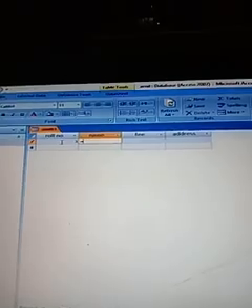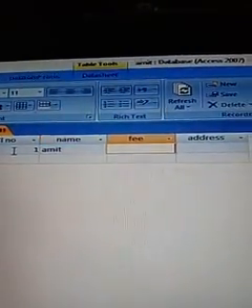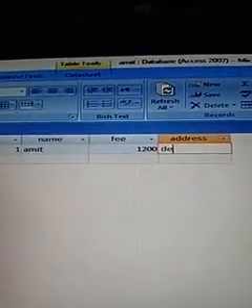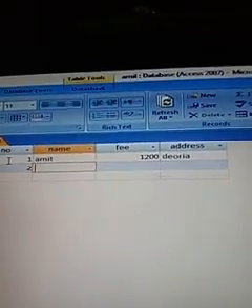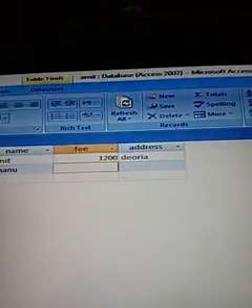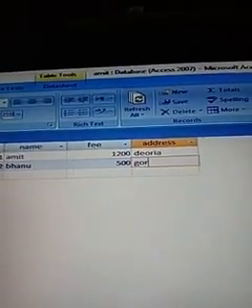Roll number 1, name Amit, fees 1200, address Deoria. Second, Bhanu, fees 500, Gorakhpur.